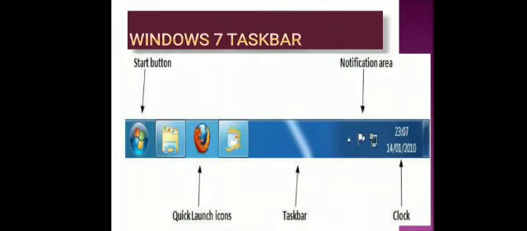Easy access means by a single click you can open it. Means some icons are here. Suppose I add MS Word here. Now if I click on that icon, it will show on full screen mode on your screen. Okay.